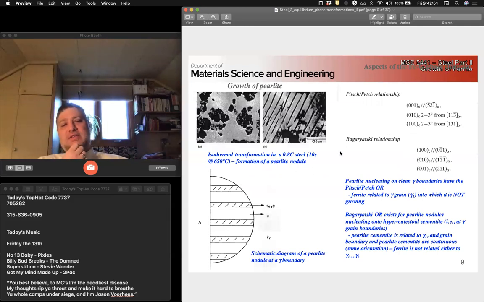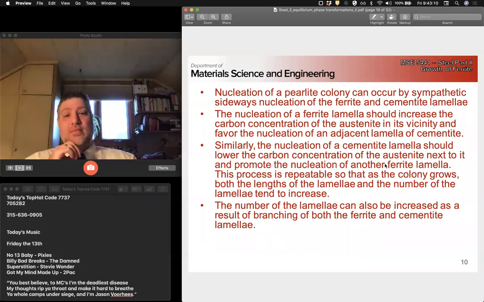Well, it turns out, we'll skip this, but there are two different orientation relationships that can form in pearlite, depending on whether we're hypereutectoid or hypoeutectoid, and what nucleates first. But this nucleation of the pearlite colony occurs by what's called sympathetic sideways nucleation of the ferrite and the